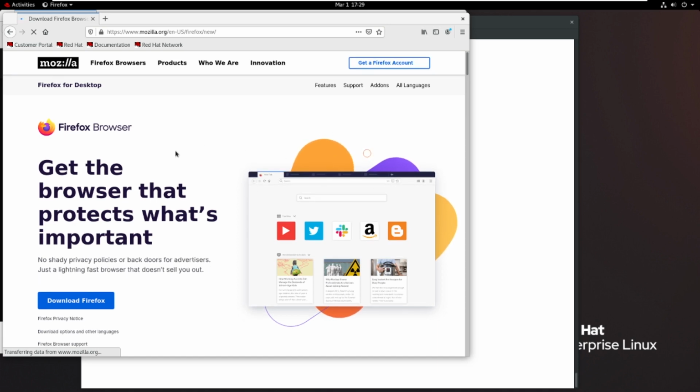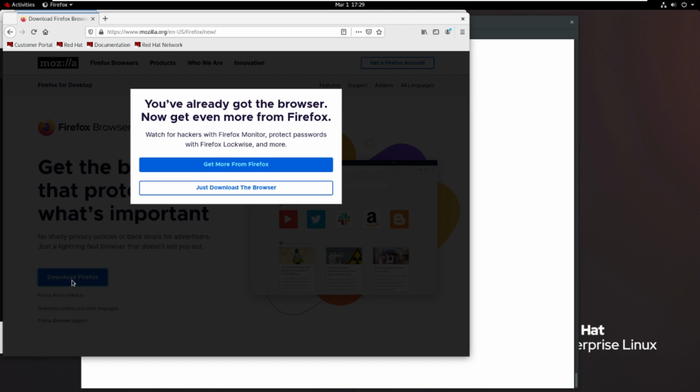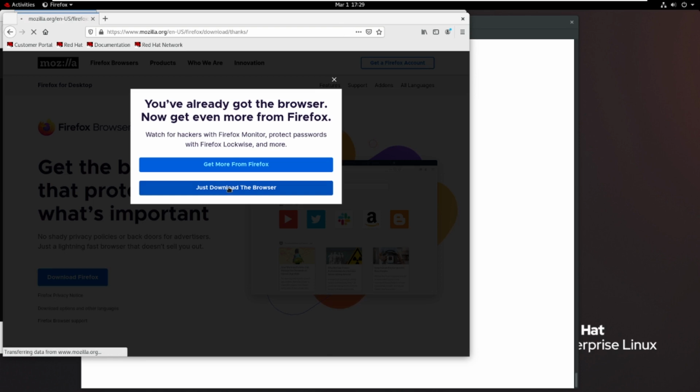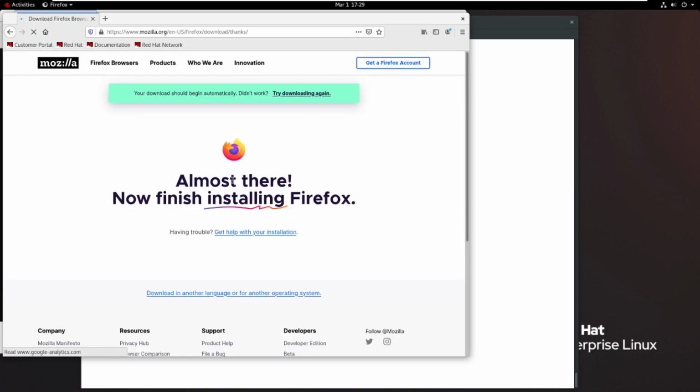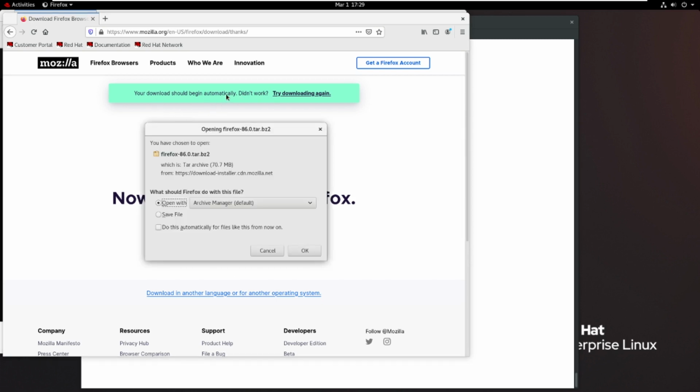And now I want to download Firefox. Here is the option, download Firefox. Just download the browser. So now your download has begun, right?